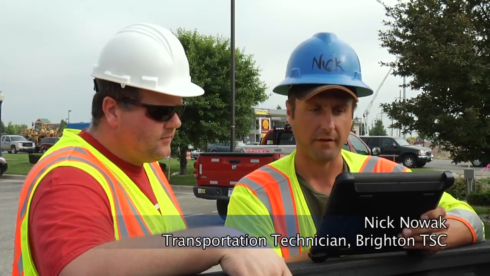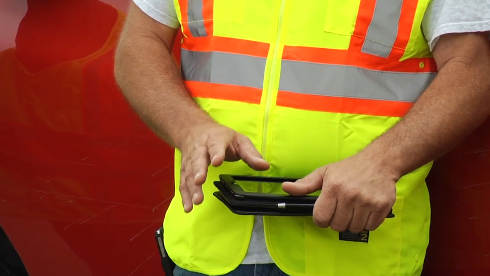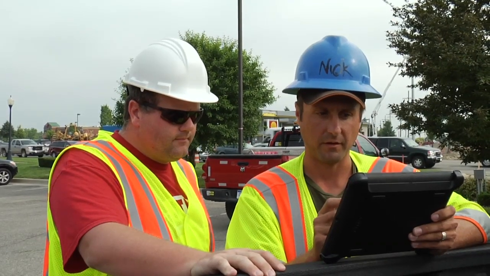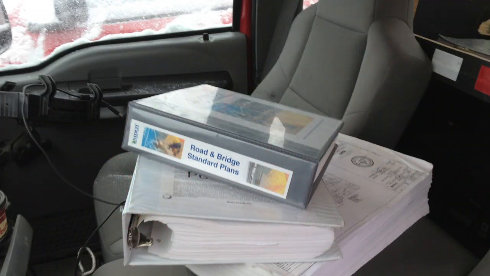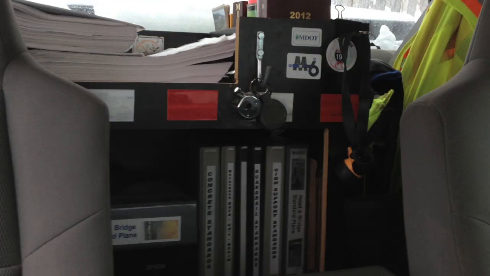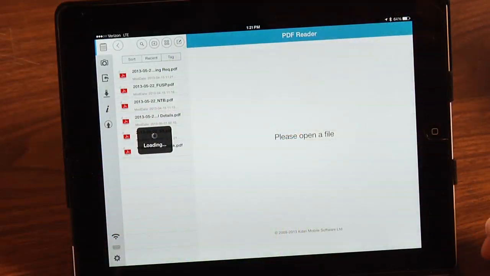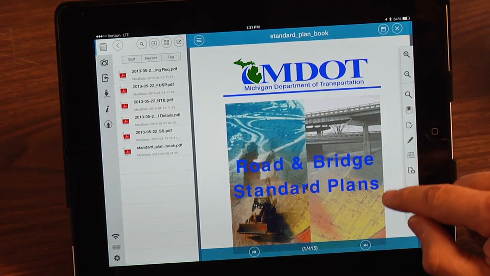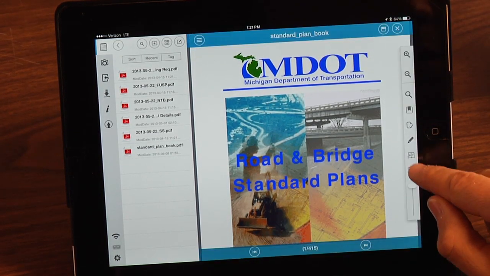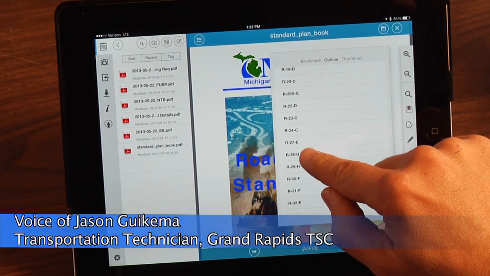I have a job file set up with all of our plans, the proposal, all the forms, all of our manuals, everything right here. I have all the manuals that we use, such as the density guide for doing density, or the concrete material source guide, all here. These usually come in a big book, you know what I'm saying? Right. So all of these would take up the back of my truck. Hit the bookmarks, pull up pretty much anything you want. It takes you straight there,